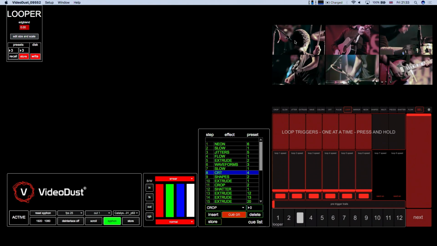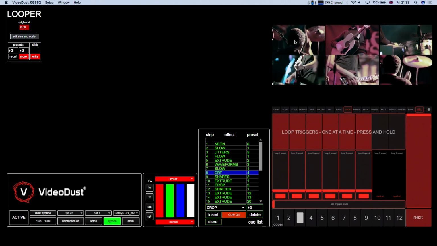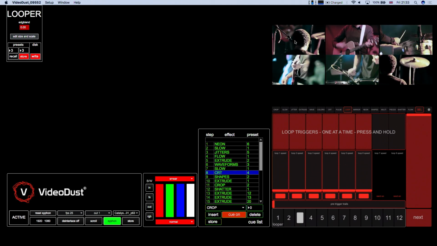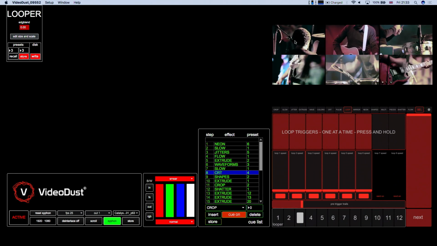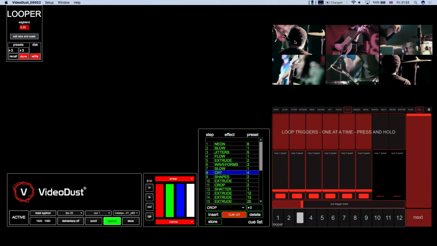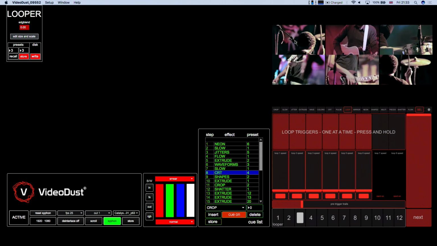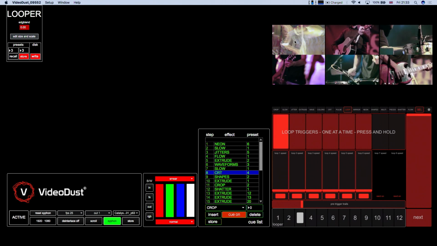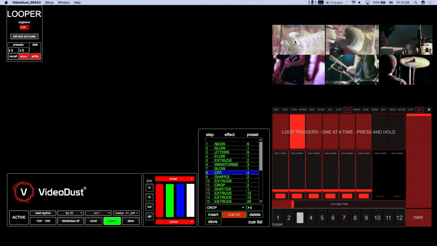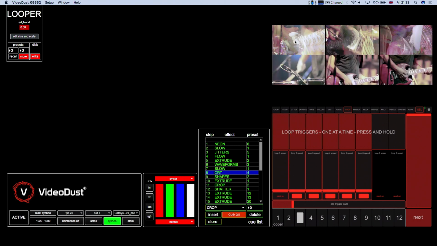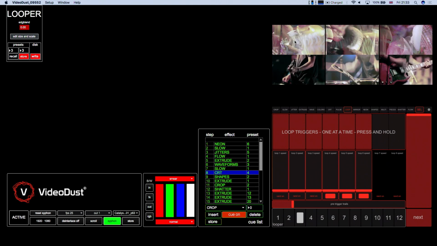And underneath that we have pre-trigger trails. If you have that on when you trigger the loop, so it's pre-loop, if we trigger that, it adds a bit of smear to the input. And if you turn the randomizing on,